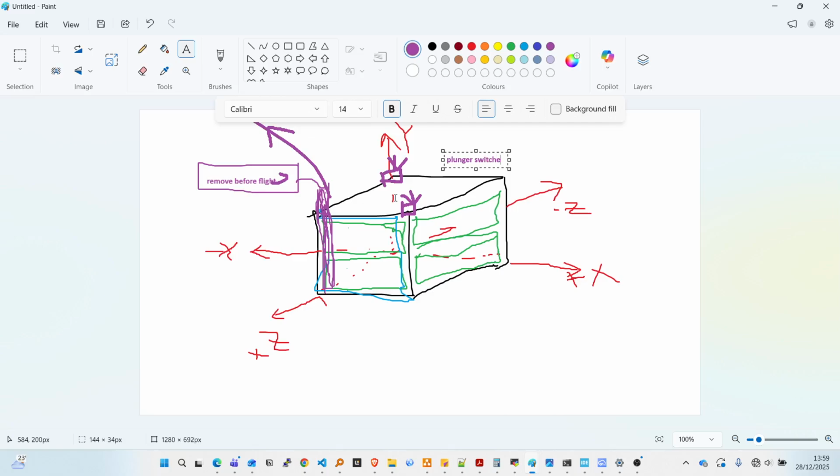So plunger switches are switches that, for example, once you press them, they deactivate some components. If you release them, then as long as they're released, they activate the components. The reason they are used in the CubeSat is so that the moment you insert this CubeSat into the